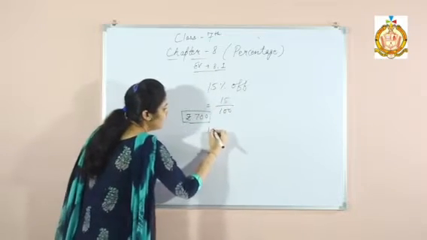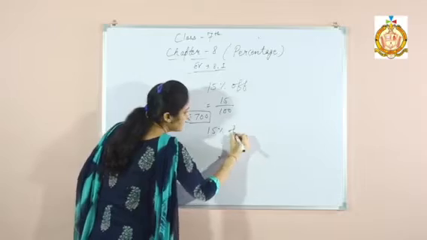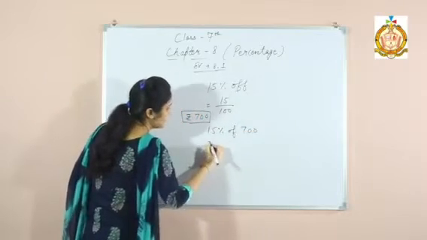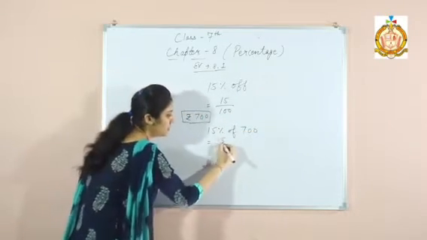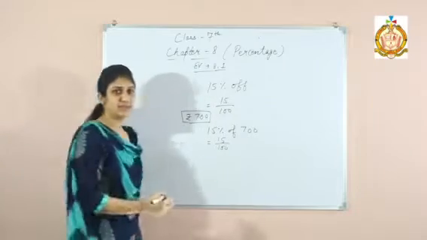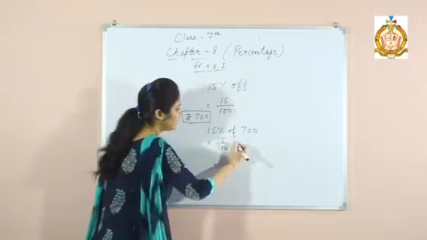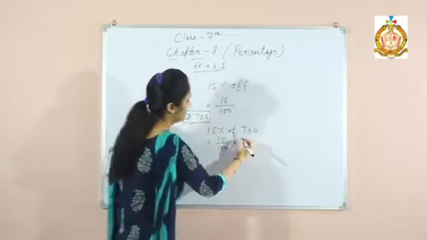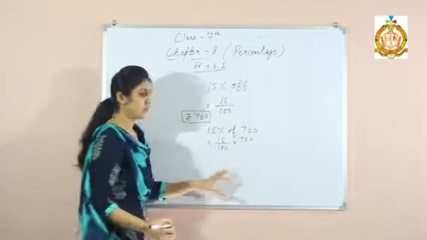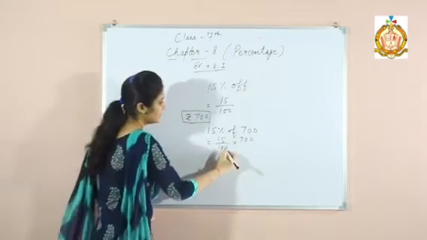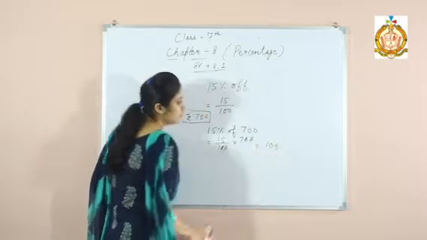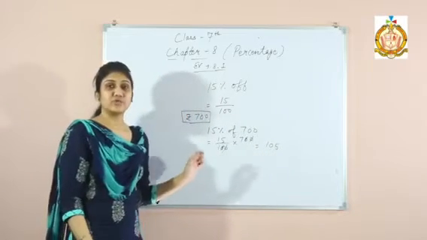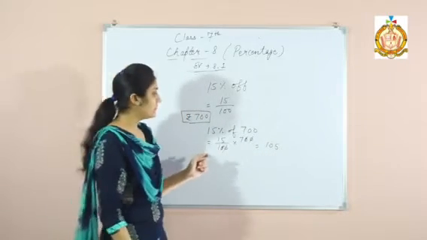So we will find 15% of 700. We have to solve it. Percentage means 15 upon 100. Cent means 100. Of means multiply. 700. So we will solve this. Cancelling out zeros with zeros, you will get 105. So the cost of an article is reduced by an amount